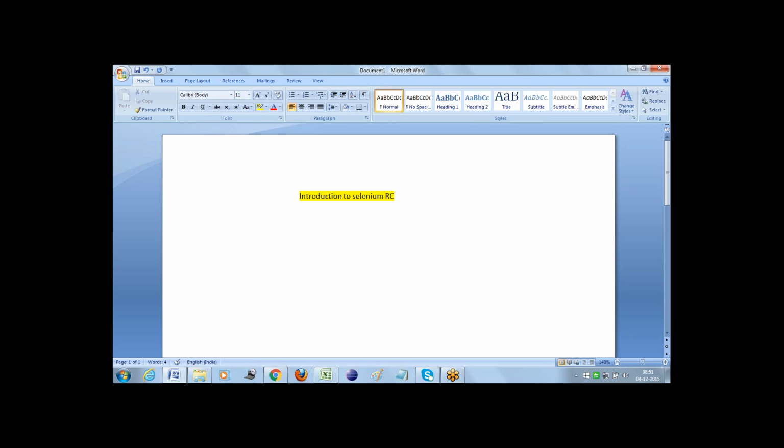Okay, so before that, let's see why we are going for Selenium RC. The first point is, using Selenium IDE, in order to implement the if conditions, we need to add some user extension file, and the logic derived using that user extension file is a bit trickier, right? We need to follow that and we need to write the programs.